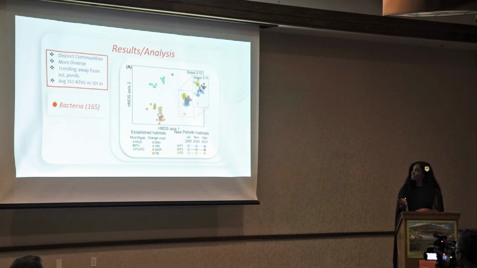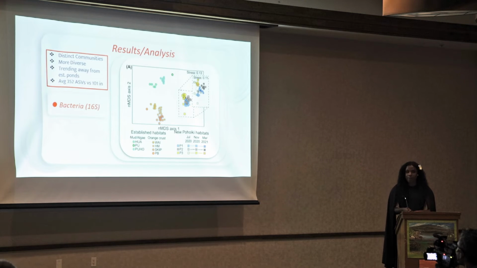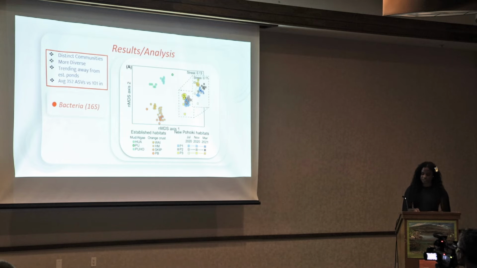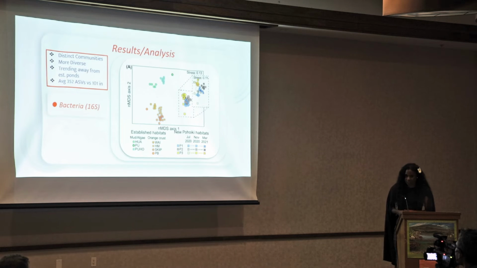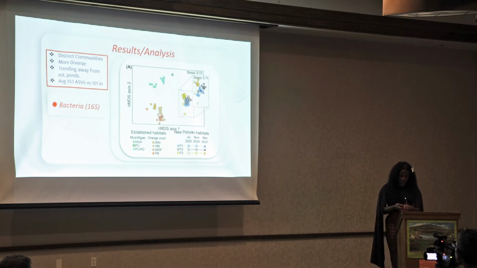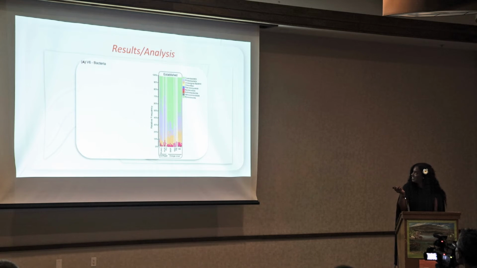And so now here, this is the data we generated with the new ponds. And as you can see, they're very different from the established ponds. They're a lot more diverse when we're looking at the bacteria. There's nearly 3 times as many species present. And then also we tracked it over time. So as you can see, some of these boxes get darker and is indicative of a later time point. So the darker boxes actually have a tendency to move away from these established ponds. And we were actually expecting the opposite trend to happen, so we found that to be pretty fascinating. Not sure why that happened, but it did.